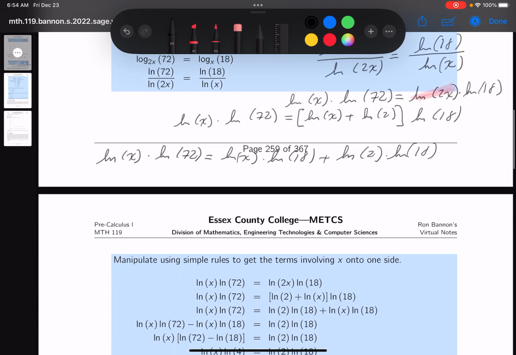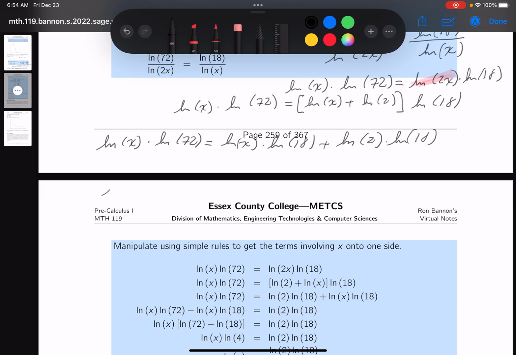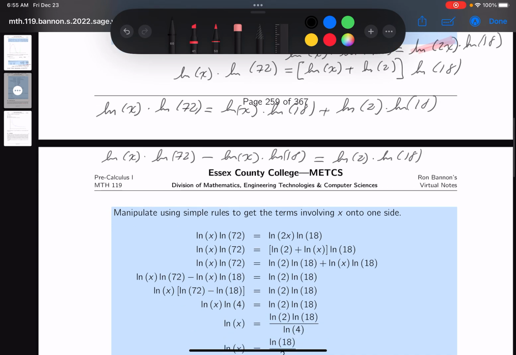Well, I'm going to get the x onto one side. And what would that give you? I get ln x times the natural log of 72 minus the natural log of x times the natural log of 18 is equal to the natural log of 2 times the natural log of 18. Well, I'm getting close. I can factor out the natural log of x now, and you get the natural log of x times the natural log of 72 minus the natural log of 18 equals the natural log of 2,